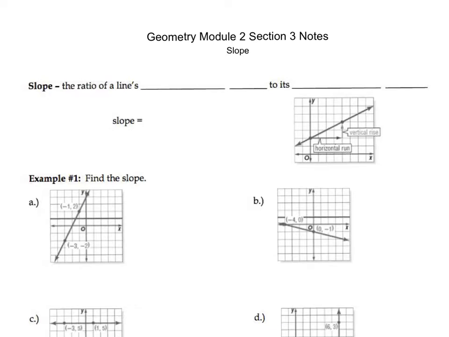In section 3, we're going to talk about slope. So slope is the ratio of a line's vertical rise to its horizontal run. Many of you have probably heard the term rise over run when determining the slope of a line, but